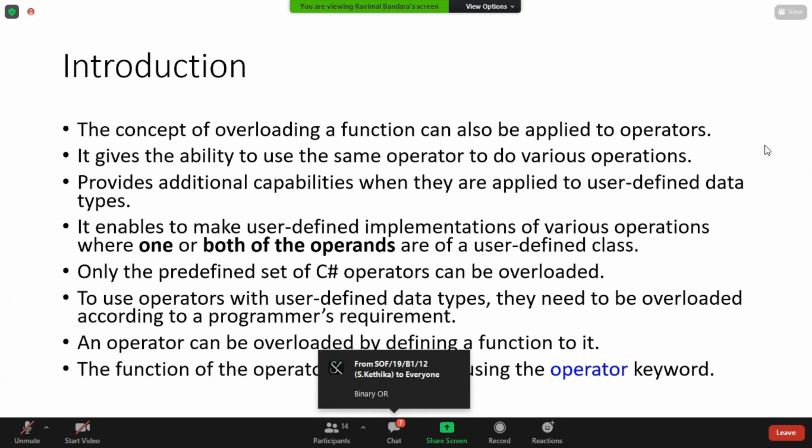Binary O. Okay, we don't call it binary O. That's something to do with the binary, but this is not the logical O. Right, correct. That answer is correct. That is a bitwise operator. It's actually the bitwise O operator, right? I guess you know what it means. By the way, if you don't know, please let me know, then I will recap what it is. Right, anyway, it seems that you know what it is, bitwise operator.